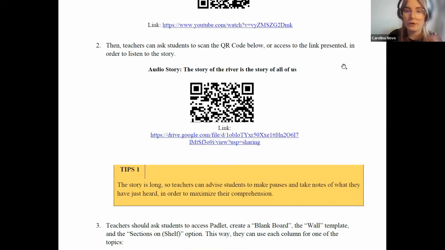This story is a story that we wrote. It's called The Story of the River is the Story of All of Us. So it's a story that tells students about a river which is very polluted. There is a lot of pollution, a lot of garbage, and it has an impact on the life of many people who live in that area and in that community.